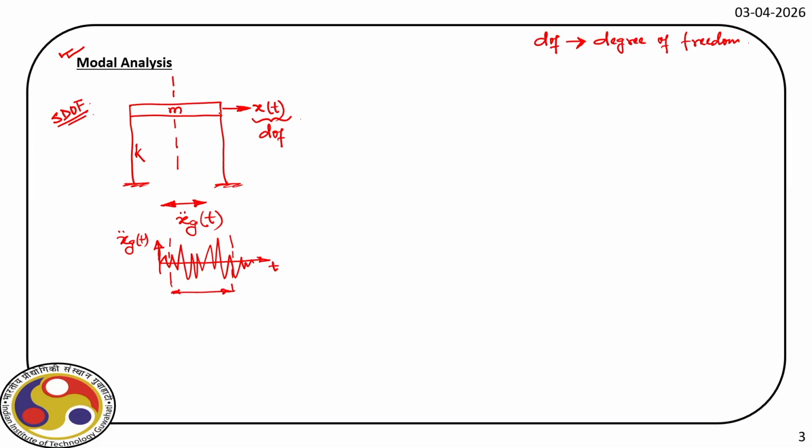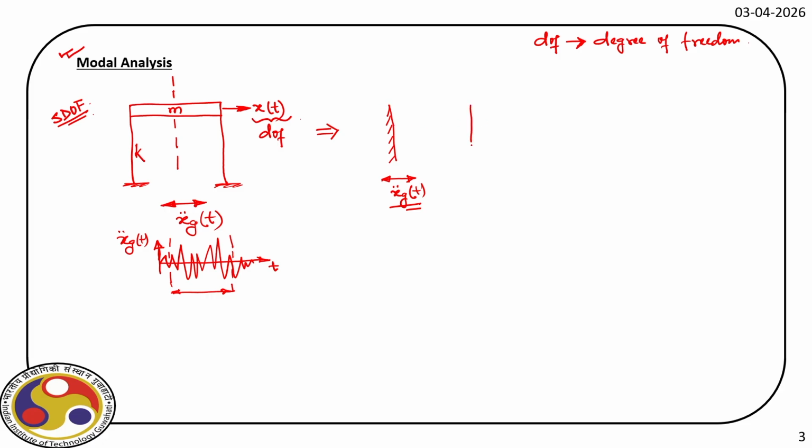Now our main task is to develop the equation of motion, because we will see what we mean by modal analysis. For that we have to write the equation of motion. So let us idealize this structure in a slightly different way. This is the support, and we have the support motion, that is the ground acceleration, here. For the time being, our main aim is on modal analysis, so let us not focus on this. When we do the time history analysis, we'll come back to this.